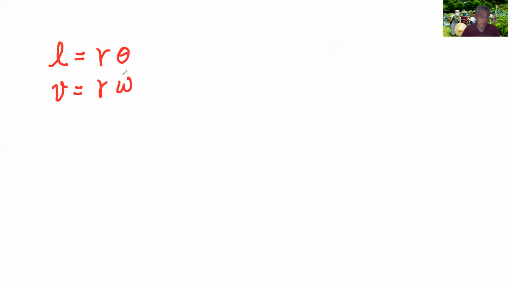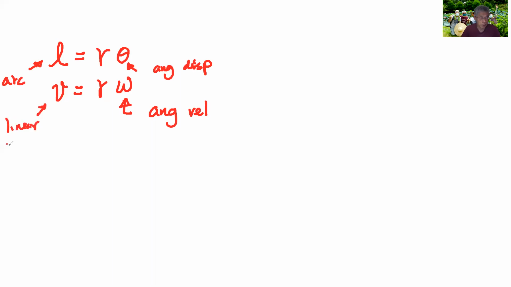Sometimes we have the bar, sometimes we don't, but just be careful what you are saying. This is the angular velocity, and this is the angular displacement. This is the arc length, and this is the linear velocity. So we are looking at this similarity